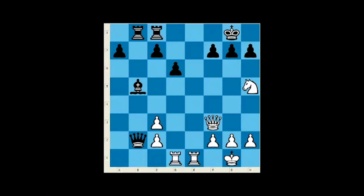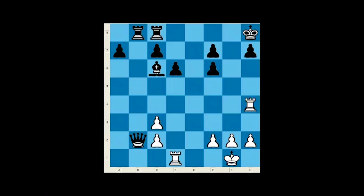After the game, Nimzowitsch showed, after analysis, that rook e4 would have won. I agree with him 100%, and the variation he shows: after rook e4, if black plays bishop c6, then knight f6 check, g takes f, and king h8, rook h4 wins the game. You see the threat of mate on h7, rook takes h7, and if black captures the knight, white has several different ways to win. Queen takes f6 is probably the easiest, followed by rook g4. That's an easy win. So after knight f6 check,